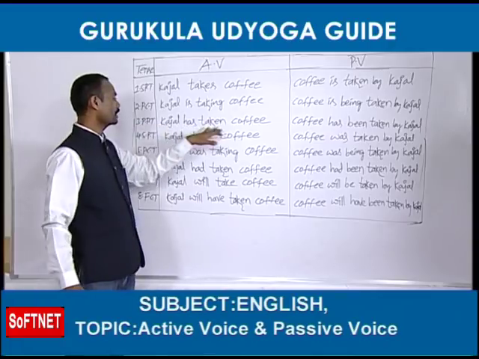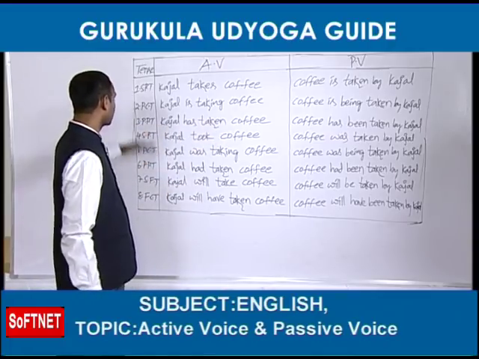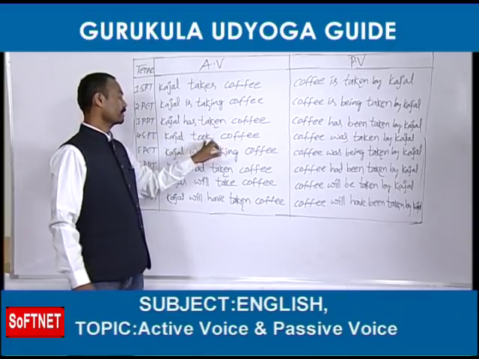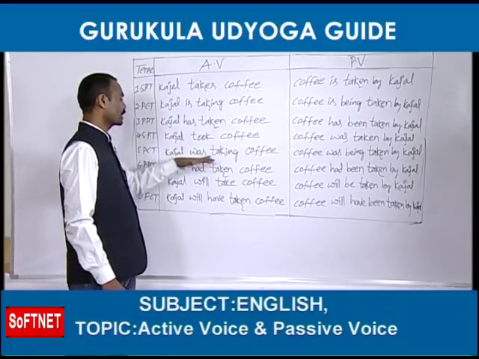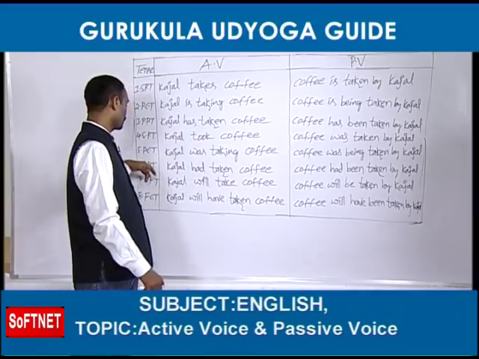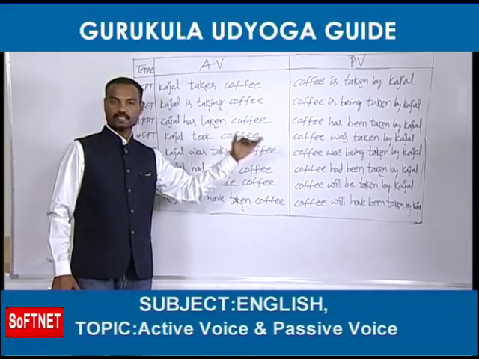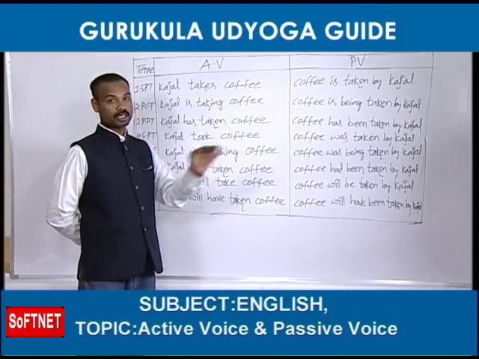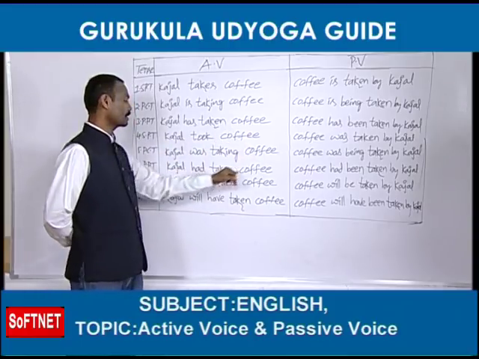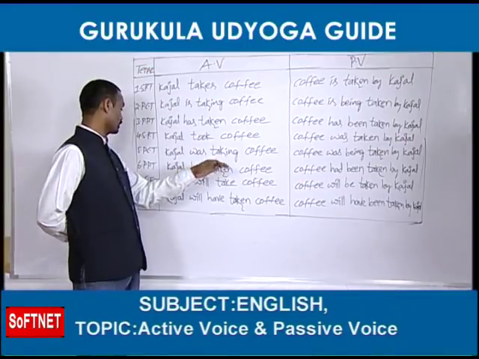That's why I did not write even an active voice. Next, simple past. For simple past, passive voice is there. That's what has been written. Next, past continuous, passive voice is there. Next, past perfect tense, passive voice is there. Last in past, past perfect continuous, there is no passive voice. That's why I did not write it here. Past perfect continuous, there is no passive voice.